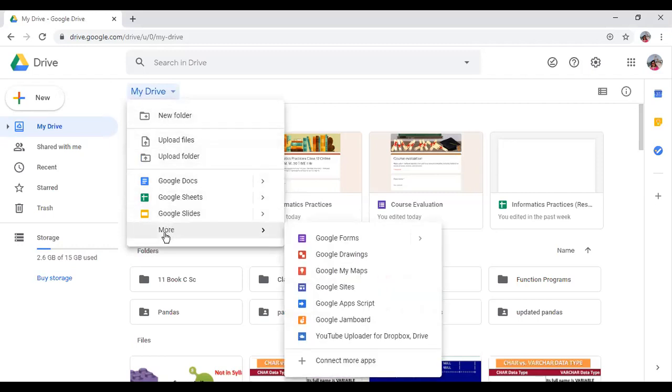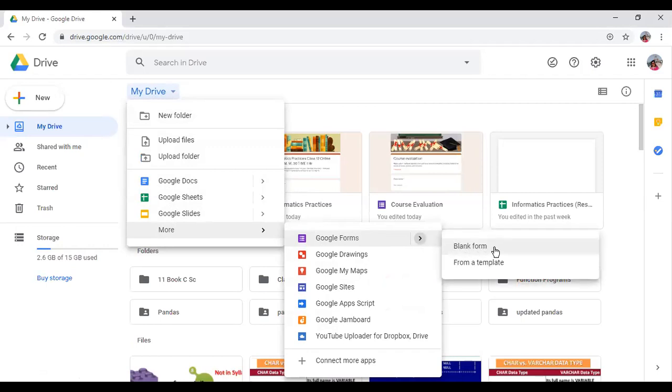Then click on More at the bottom of My Drive. Slightly move to the right side, so here Google Forms will be visible.